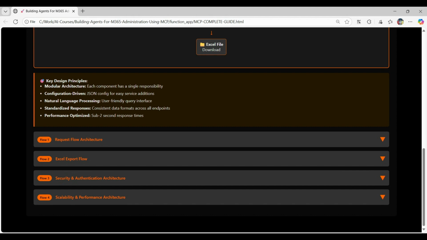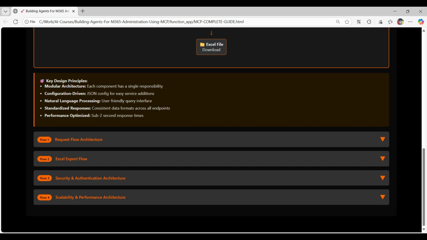Natural language processing creates a user friendly query interface that eliminates the need for administrators to learn complex commands or syntax. Standardized responses ensure consistent data formats across all endpoints, while performance optimization delivers rapid response times that keep productivity